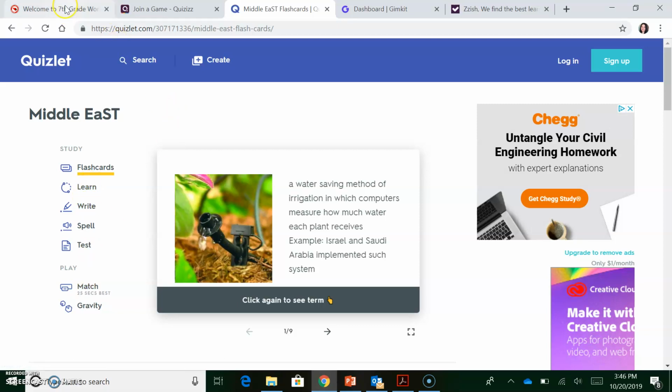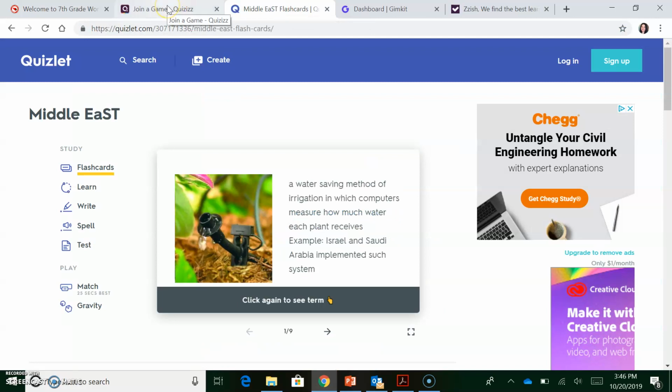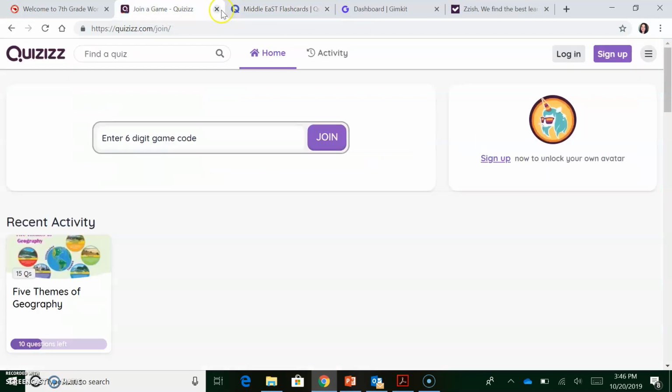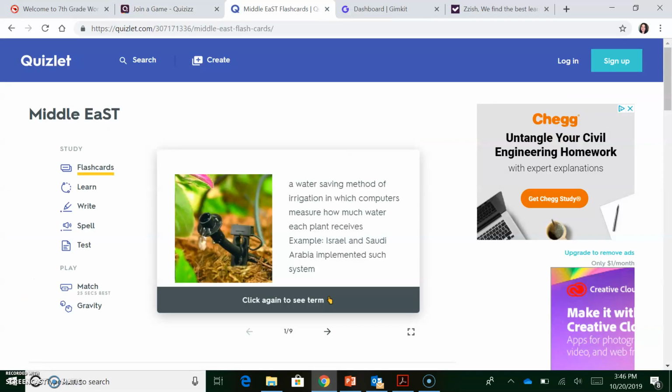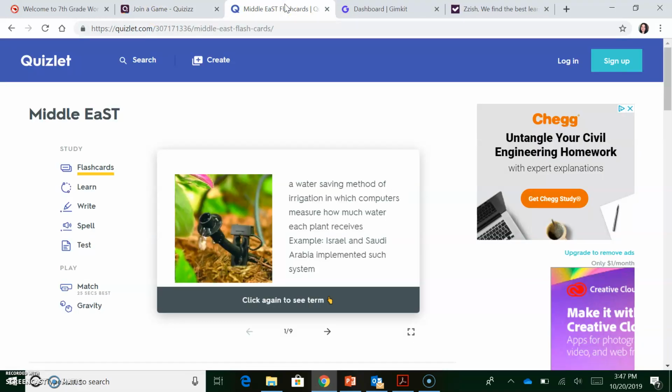And again, for me, I had the link posted on my blog so students could go home and review this on their own. Another thing I should point out that makes quizzes and Quizlet so much better than Kahoot is they don't have to be there, and you don't have to have a game up in order for students to do this. So you may have the kids do quizzes at school when you're there, but you can also have where they do it on their own at home for studying. So that's another reason why I really like quizzes and Quizlet. And again, both of these are free platforms.